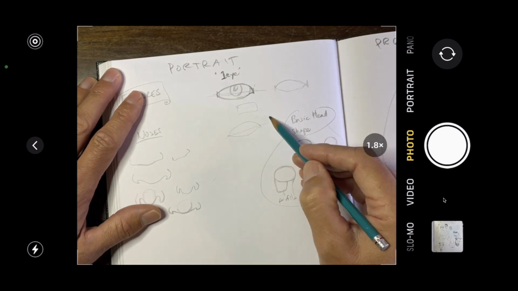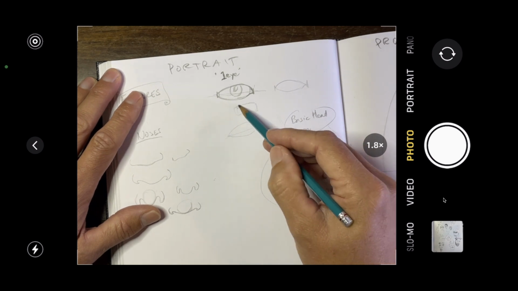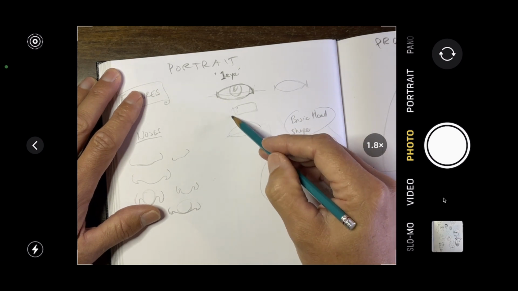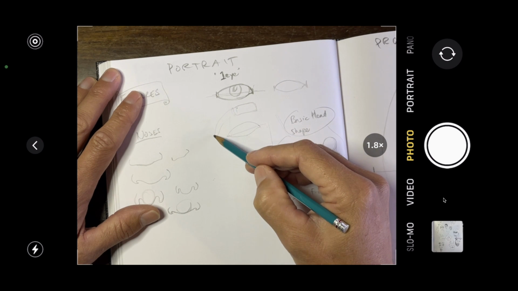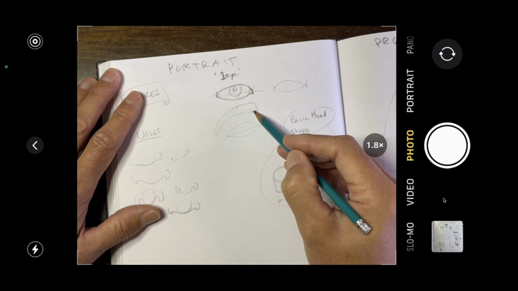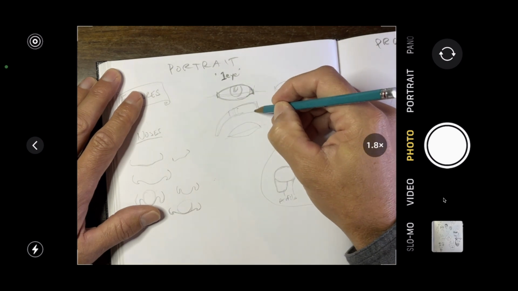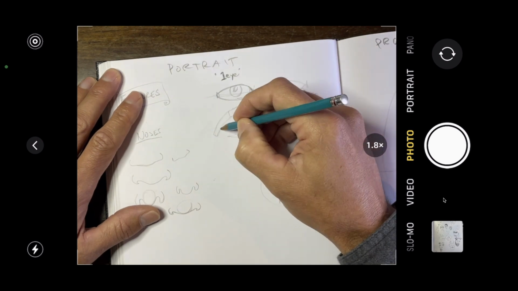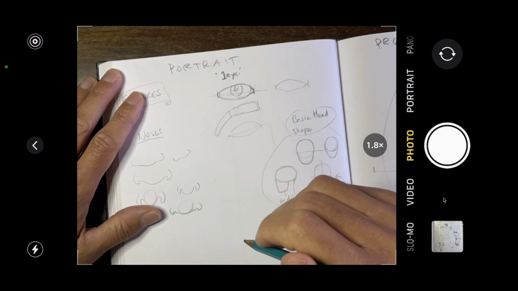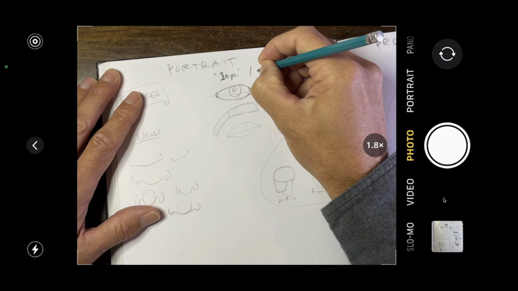So here's somebody's nose down here, right? There's the bigger part often, and then the part that goes away from us to the side planes of the head, right? And you have basically a tapered rectangle, and then another tapered triangular rectangle right there. But then again, people's eyes and